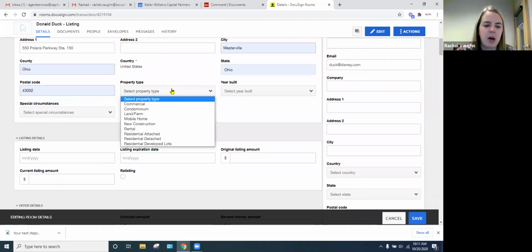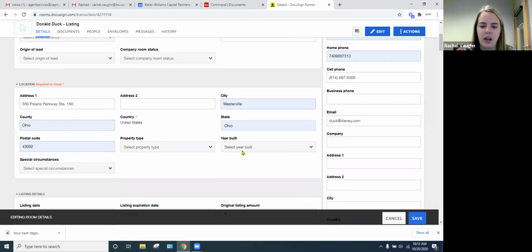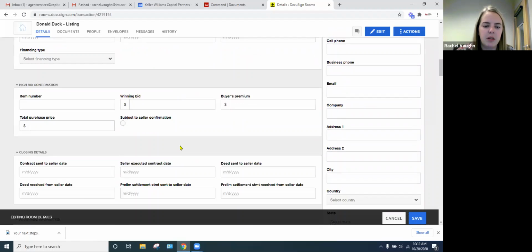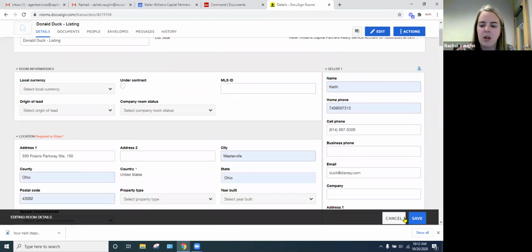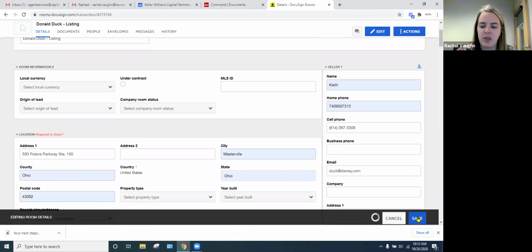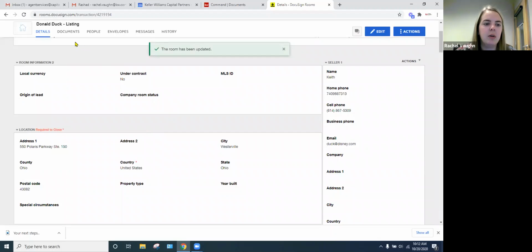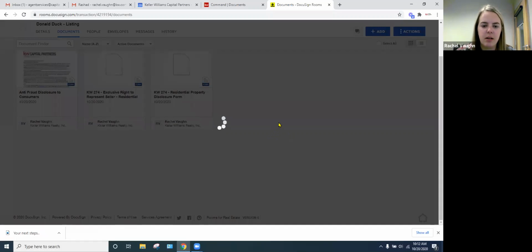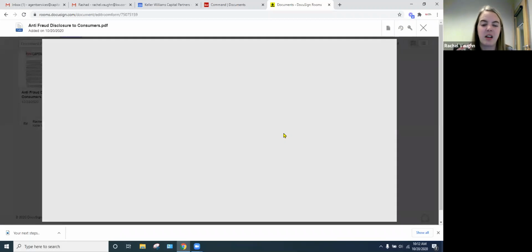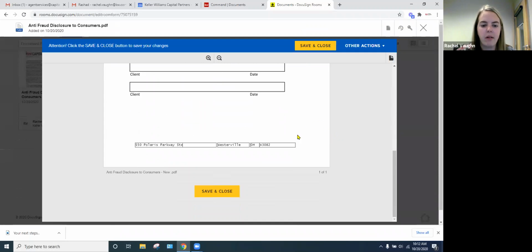I get a lot of questions about the property type, residential attached and detached. Again, it's not required, but those are just little things that you can think of that may come up. It's literally attached or detached, like is it attached to a building or not? So now that I have my address in there, we're going to save that. And now we go back to documents, it should populate the address for us. So that's why it's important to fill out all the details, like less work at the end. And there it is. So it'll fill in all that information, how the